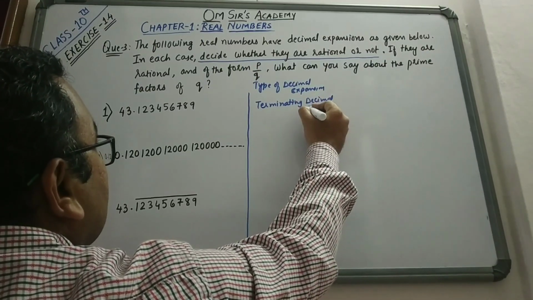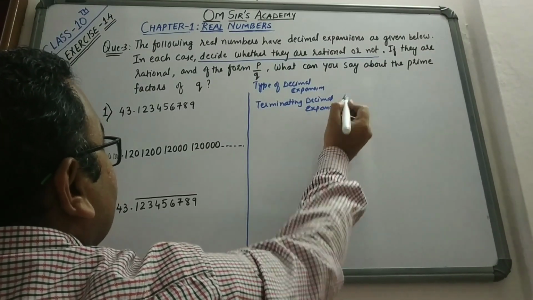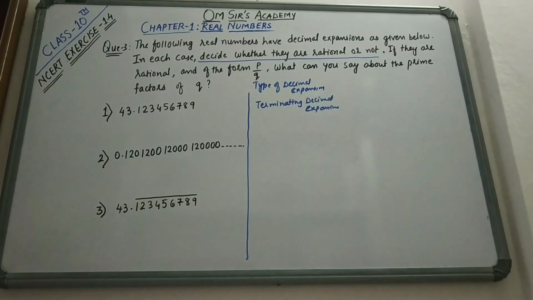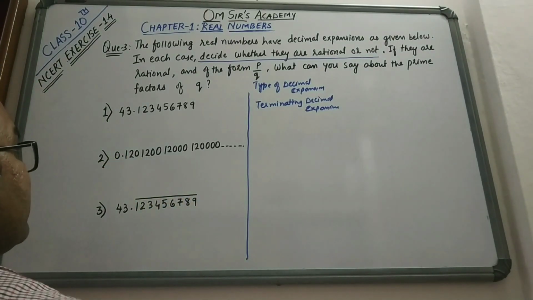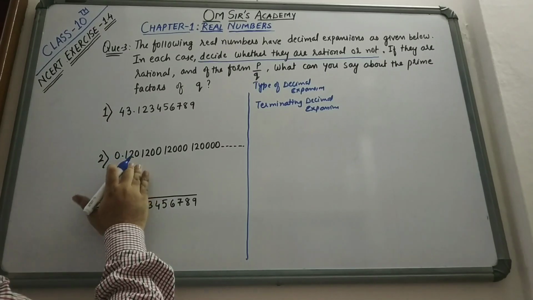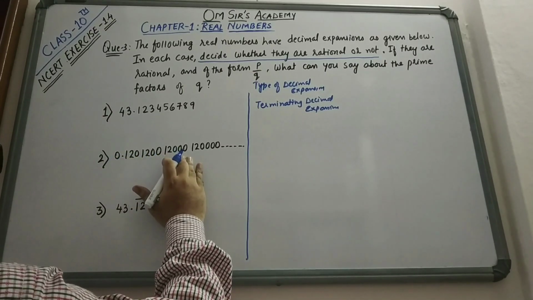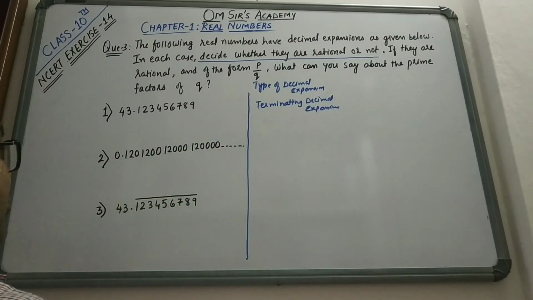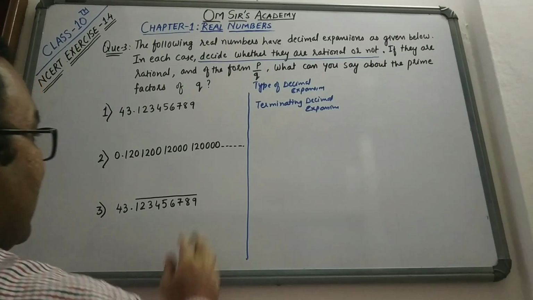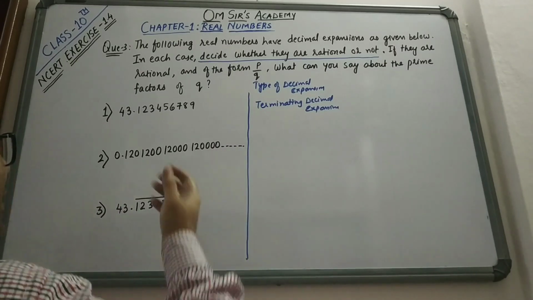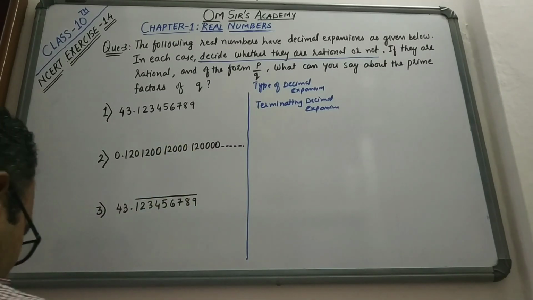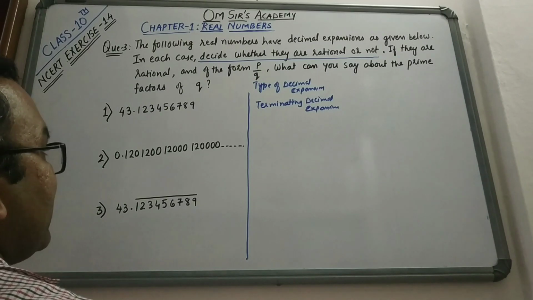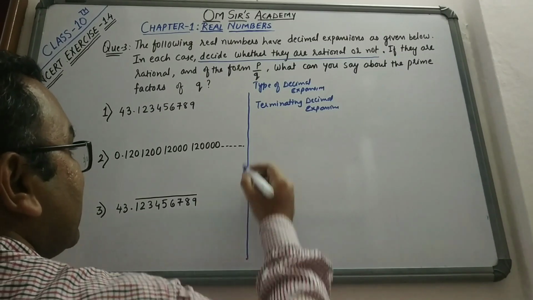Terminating decimal expansion. Okay. Another one, which type of decimal expansion do they have? 0.120, 1200, 12000, 1240, 4 times 0 and dot dot dot. So here friends, there is no number which is repeating over here. And there is dot dot dot, which means this continues further. So it is non-terminating and non-recurring. Okay friends, so we can write it as